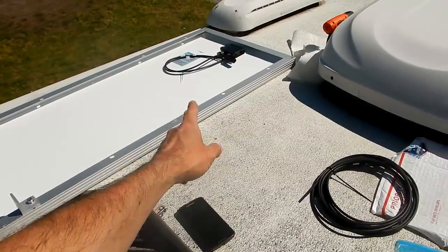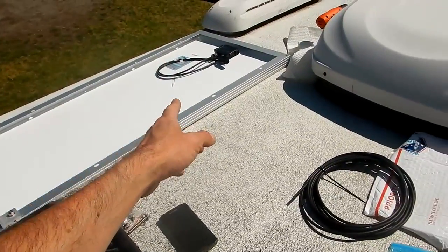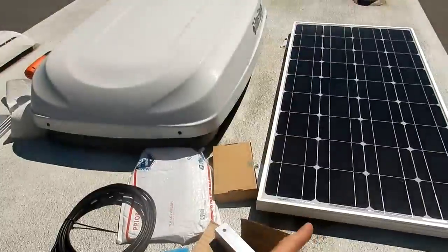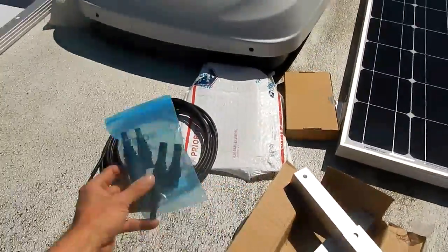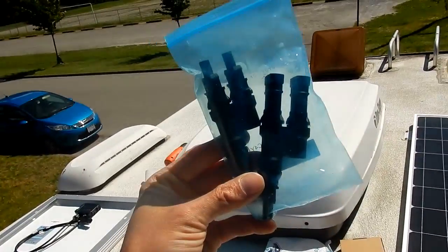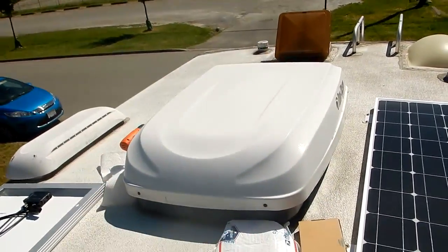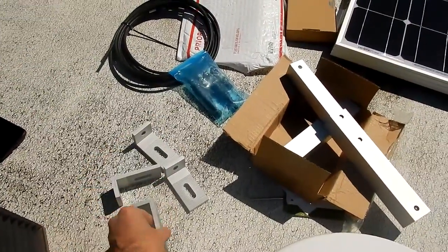Now the cords, sorry about the wind everyone, there's nothing I can really do about that. The cords that come on the panels are pretty short, as you can see, so in order to connect it to this panel, I had to buy a 10-foot extender kit. I also had to buy the connectors to make two panels go into one, and I had to buy the tilt mount, and now it is the factory Renogy tilt mount,